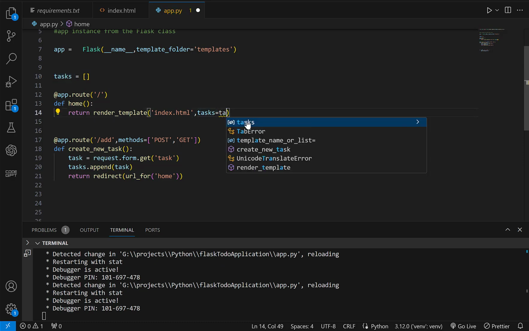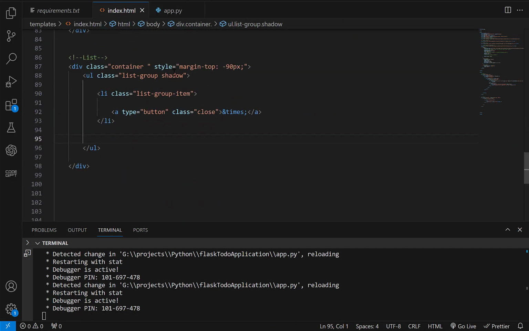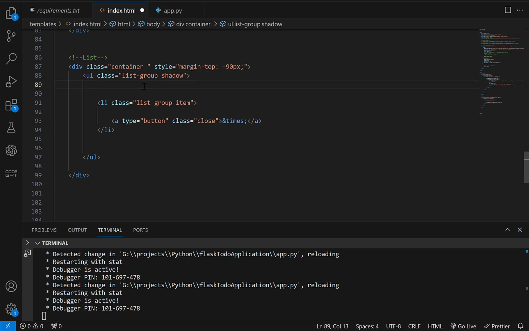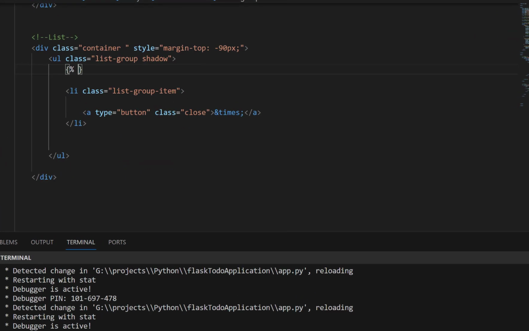So tasks, such that on the user interface, we know that we are having a list that is going to display our tasks that are being stored within our list from the back end. So we are going to work with the Jinja2 syntax in a way that we create the curly braces, we open, then we loop through our variable that has been passed in within the backend, which is tasks. So for task in tasks,